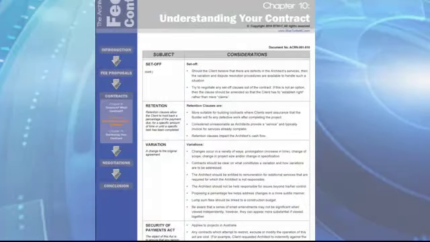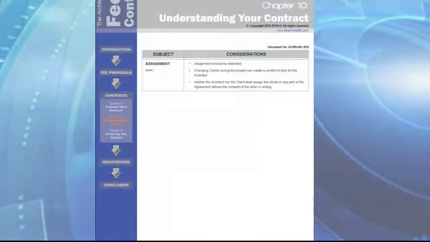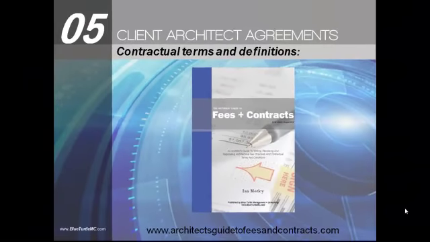Now, obviously, understanding and deciding which terms in a client-drafted agreement are unfair, unreasonable, uninsurable, or legally questionable is just half the battle. The next step is to take action and address the clauses with your client. Now, it's important to understand that you as an architect have the opportunity to influence the terms in your agreement. So once you have recognized which clauses are unacceptable, make sure you take action. It's also good to remind yourself that if you want to increase the quality of architecture and the industry as a whole, then it's really important that you do your part and challenge or negotiate the unfair and unreasonable contractual conditions. Now, the subject of negotiating architectural fees and contracts is very wide-ranging, so we have dedicated a whole episode to the subject later in the series.